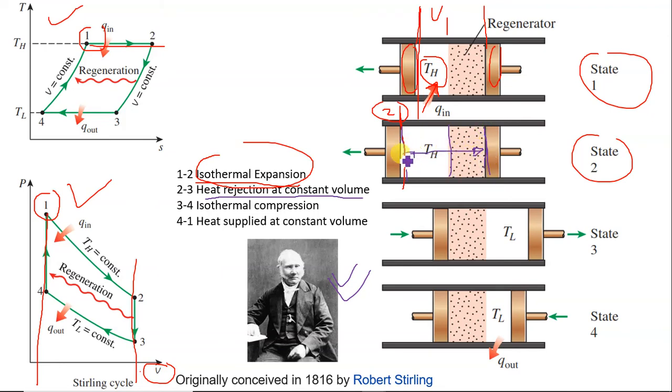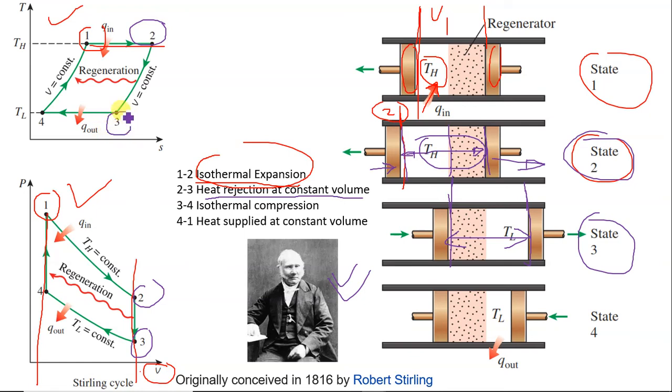So 2 to 3 process. This is state 2. 2 to 3 is a constant volume process. So the pistons will move, meaning the left hand side piston is moving, and the right hand side piston is also moving. Both are moving towards the right, and the internal volume is remaining constant. Meaning this volume is similar to the above volume. So both the pistons are moving together towards the right hand side, and here you can understand we have reached state 3, constant volume process.